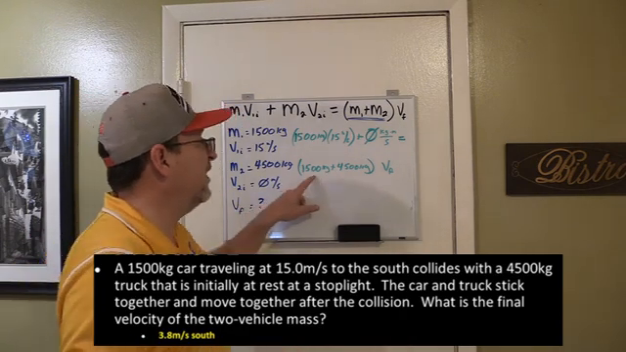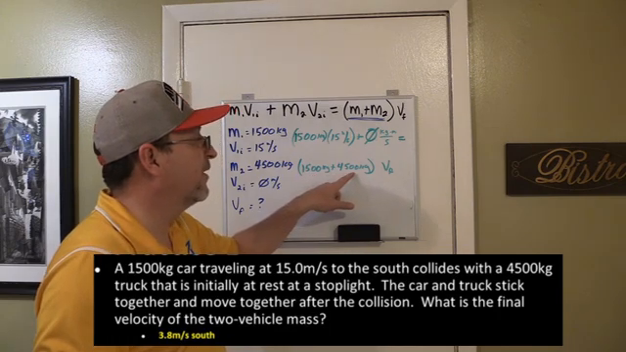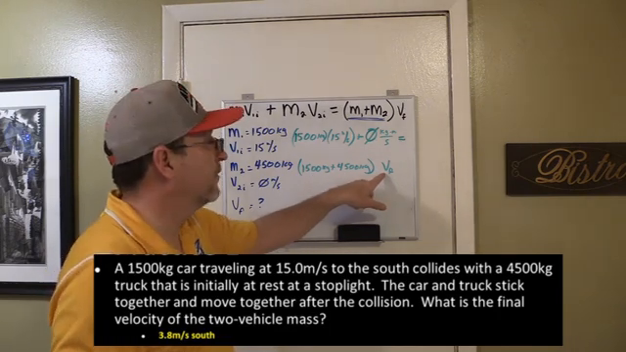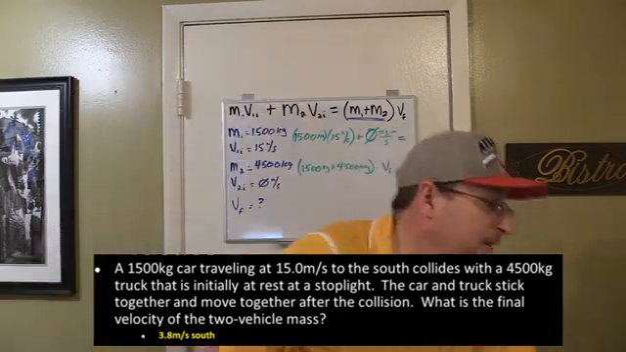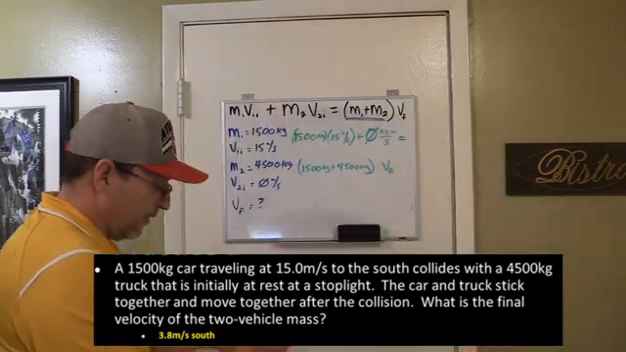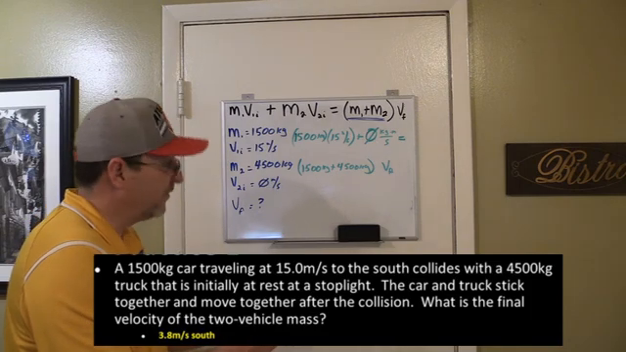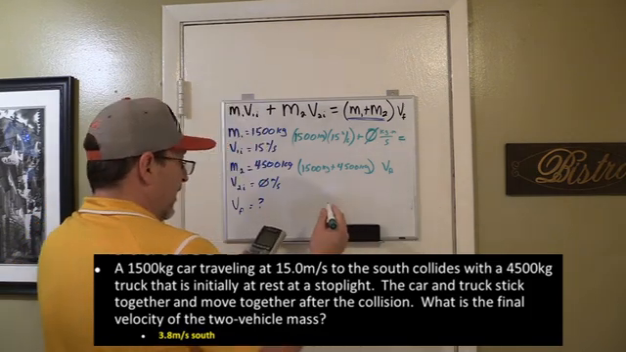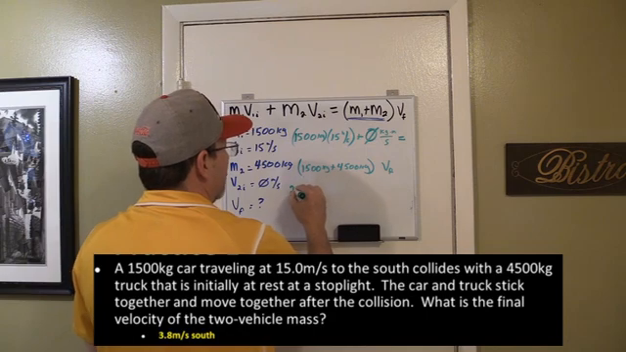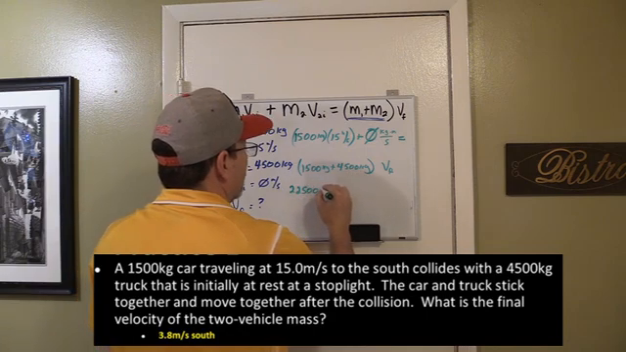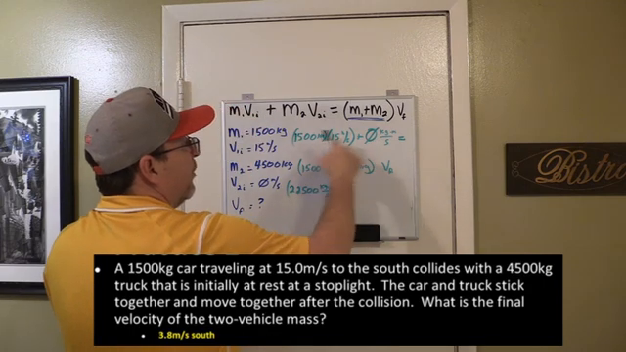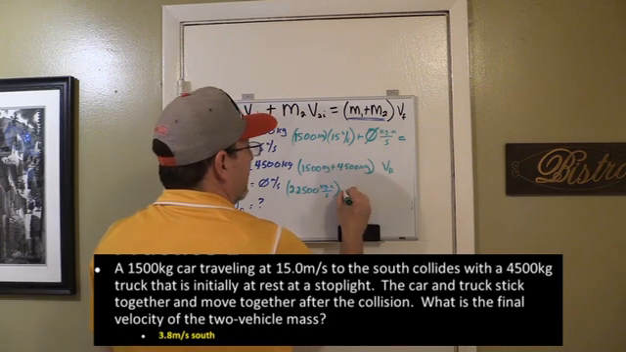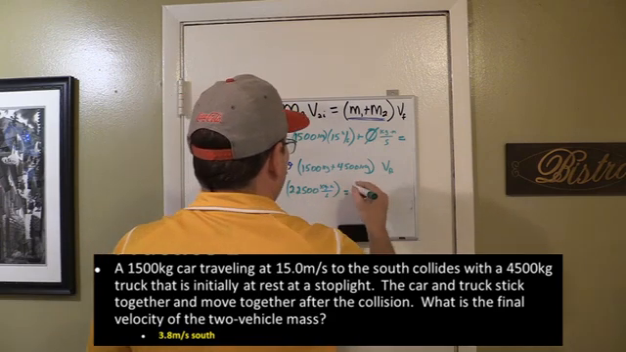Okay, so 1,500 plus 4,500 times velocity final. That's what I'm looking for there. Let me go ahead and do this real quick. 1,500 times 15 gives me 22,500 kilogram meters per second. And that's going to be the total of that, because it's 0 there, is equal to, let's see, was it